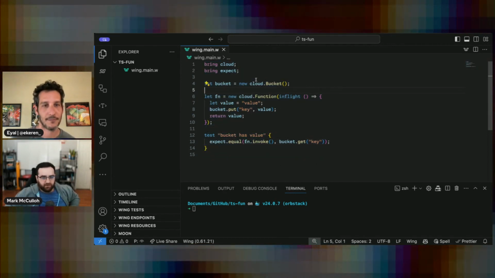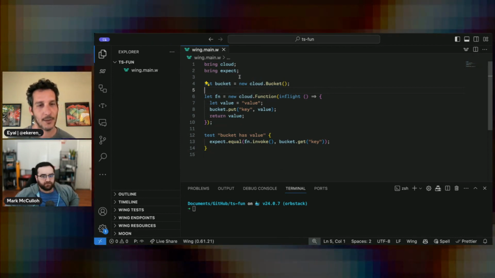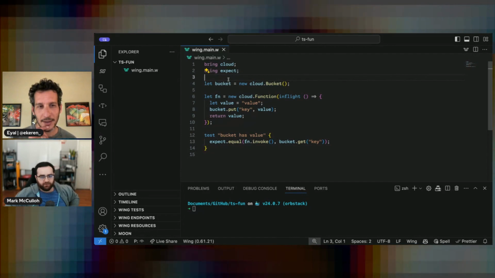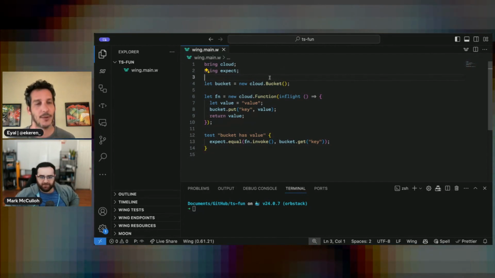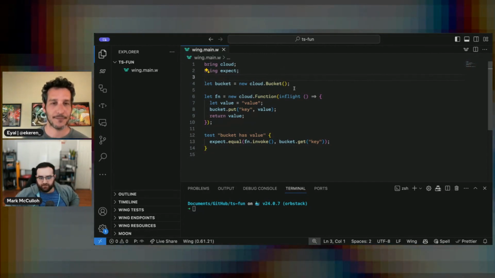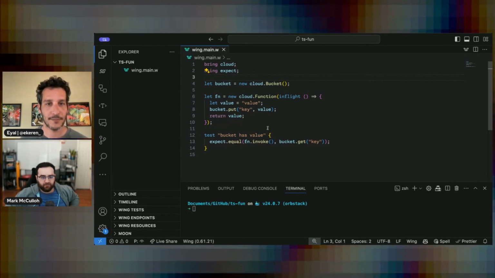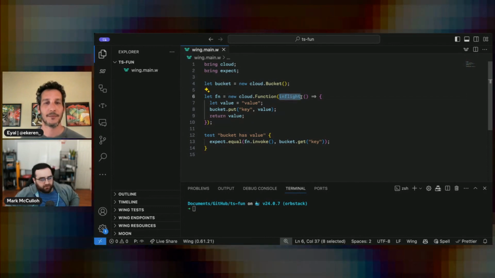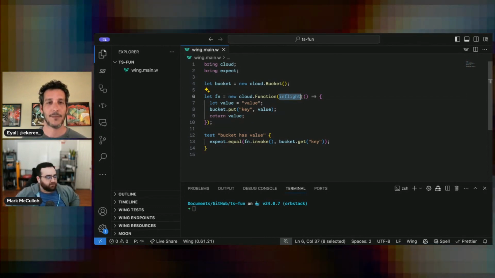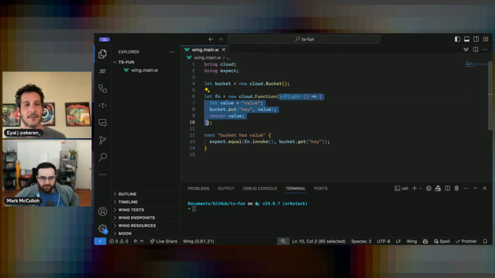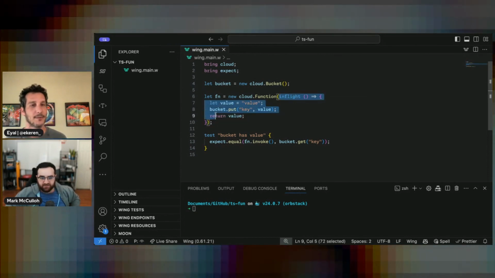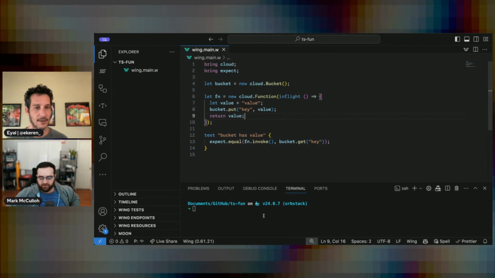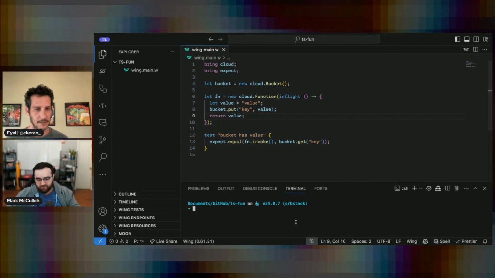When you think about it, there is a lot going on here. What would this look like in TypeScript? Okay, my bad. Awesome. There's a lot going on here that Wing takes care of for you. Even just on its own, the inflight keyword is doing so much. Let's go over this conversion.